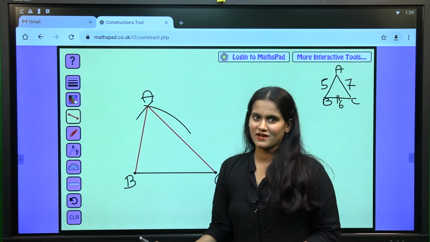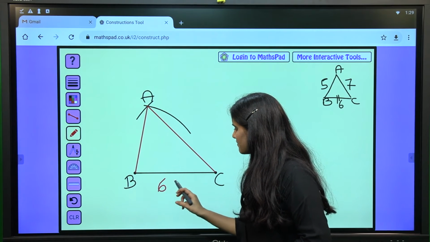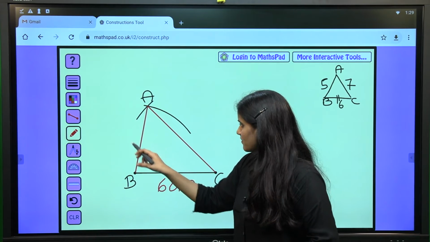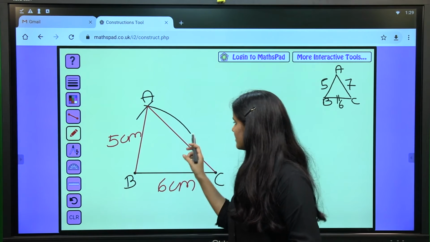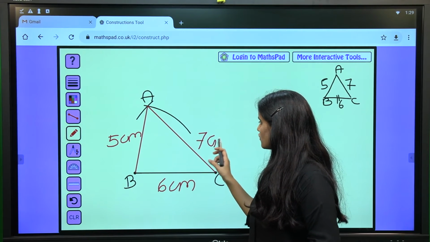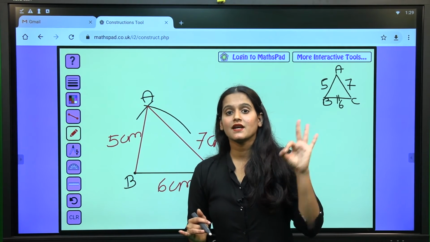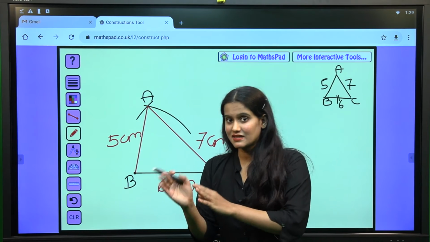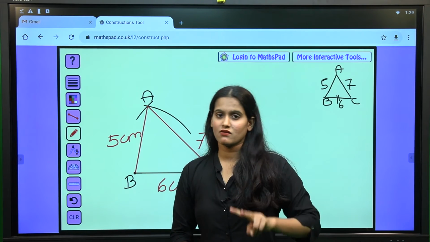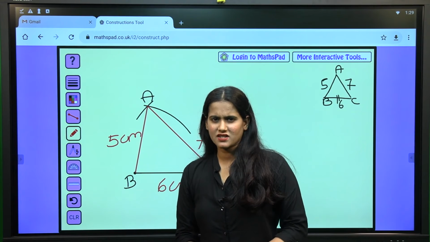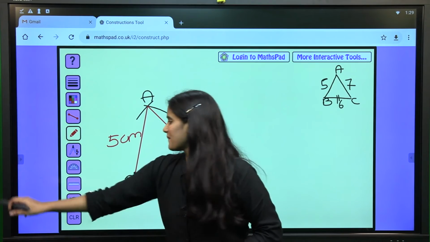It will be proper itself. So you can also write like BC is 6 centimeter and then AB is how much? 5 centimeter and AC is 7 centimeter. So here we did the construction of triangle when the three sides are given. So SSS criteria we used. So let's see one more criteria, which is SAS criteria, then AAA criteria, and finally right angle triangle, and let's end this section. Okay.